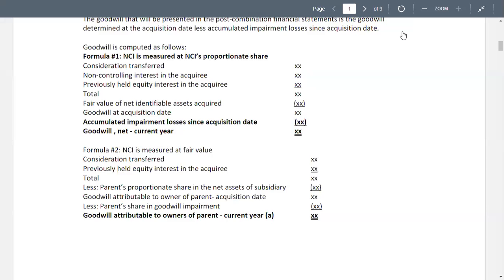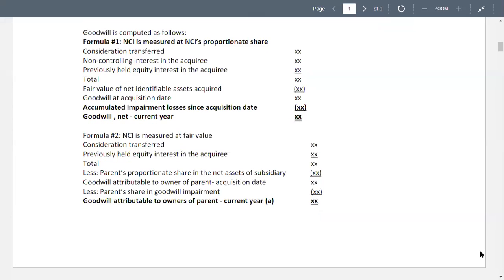Okay, let's continue with our goodwill computation when we are using formula number 1 and formula number 2. In formula number 1, we determine goodwill after deducting from the original goodwill the accumulated impairment losses. The difference is goodwill net at the current year. Now, in the case of formula number 2,